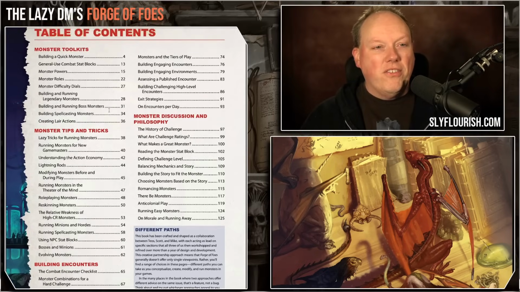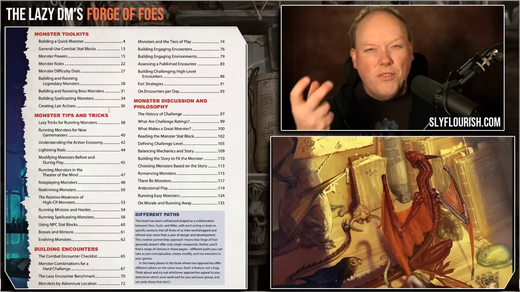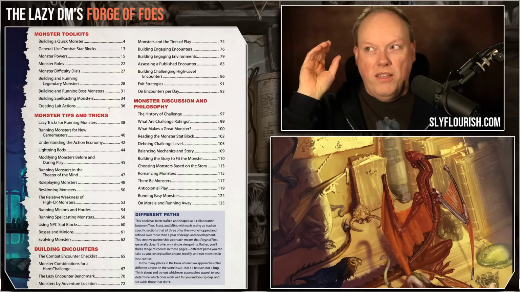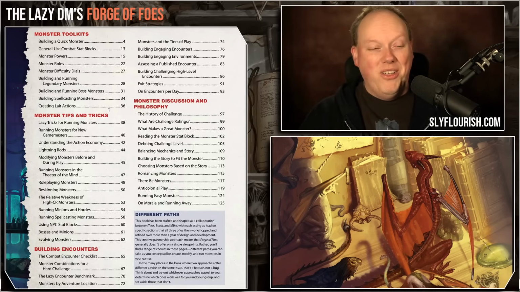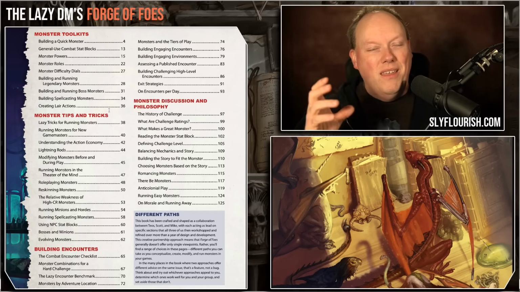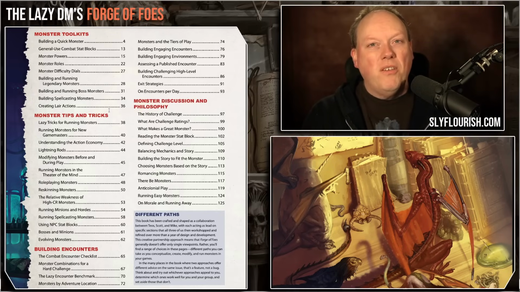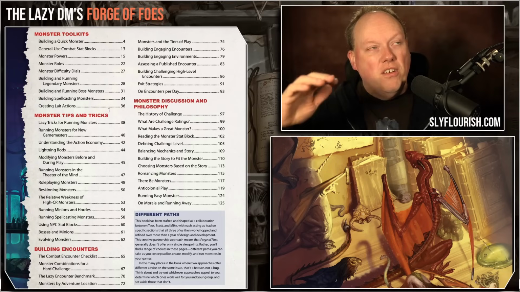Then building encounters, obviously a big part of 5e and probably one of the areas where 5e was weakest for the longest period of time and probably still is weakest if you look at the current D&D 2024 or 2014 rules for encounter building. Not real good. We have a whole section of the book that talks about how to build encounters, not just the math but building different encounters, different types of tools that you can use to pick the ones that work easiest. We have a combat encounter checklist. We have different monster combinations for hard challenges. I'll show that. We have the lazy encounter benchmark, of course,